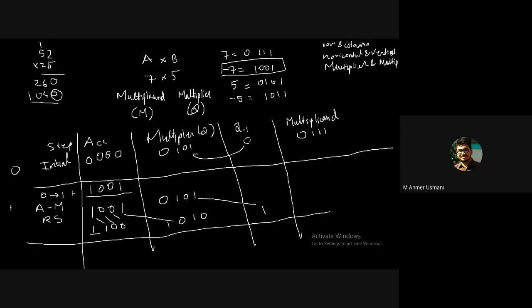This is step number 1. How many steps do you need to take? It is equal to the number of bits that we have in the multiplier. Is that clear? Can you do this and tell me the answer? What is the final answer? It is 35. Without solving, you already know the answer. If it is coming as 35, you don't require my assurance. So get 35 as the answer.